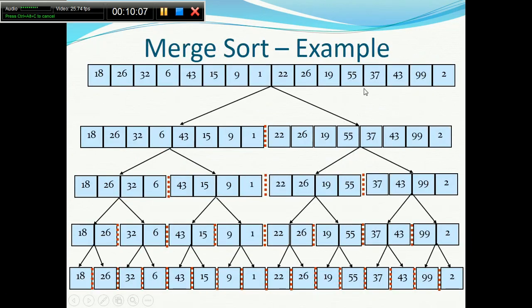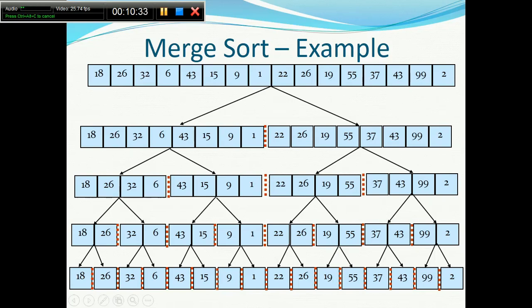So this is an example of the merge sort. Basically, if we solve it this way, I have this unsorted array. I divide it into two halves, then keep dividing into two halves, two halves, two halves, until I have n arrays of one element each, starting from a single array of n elements. That is the idea of how we can divide a large, hard problem into an easy problem.